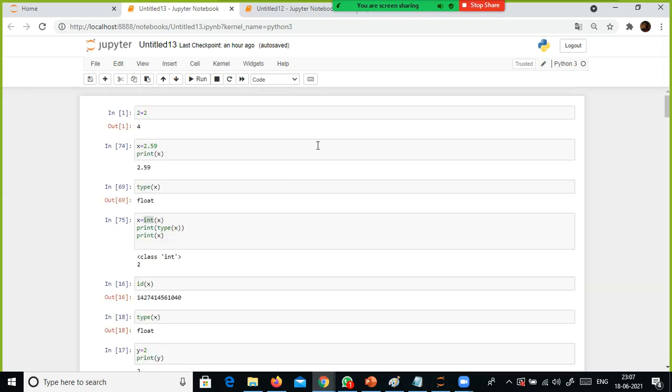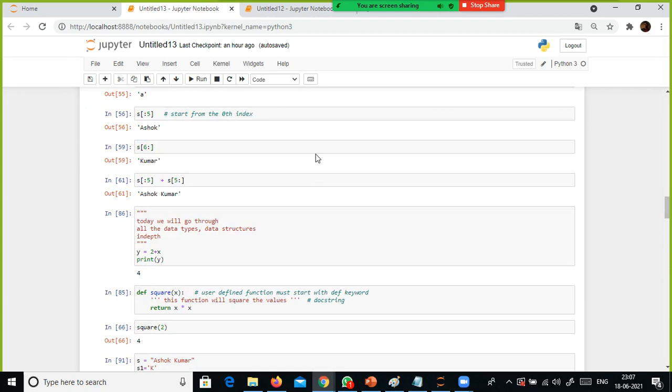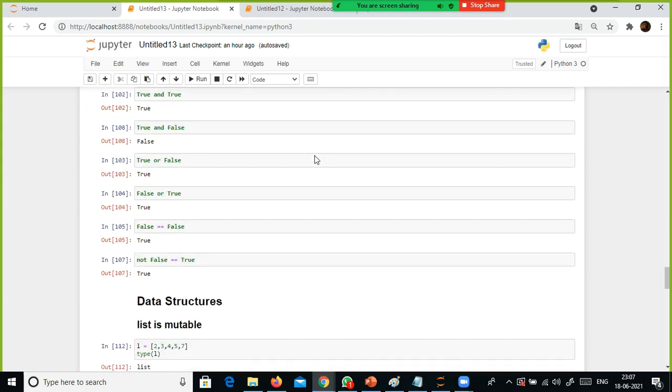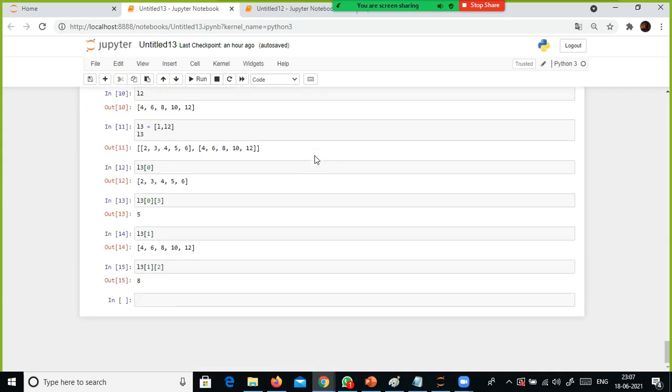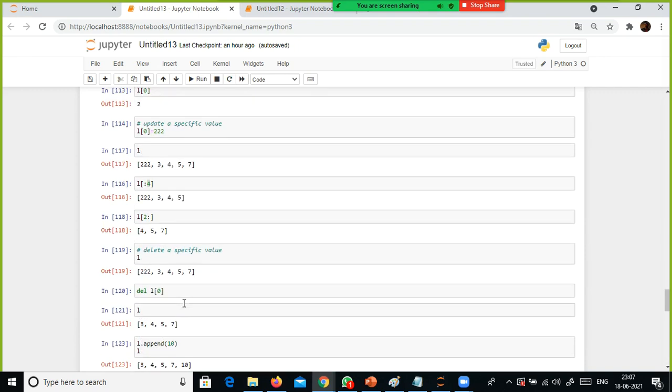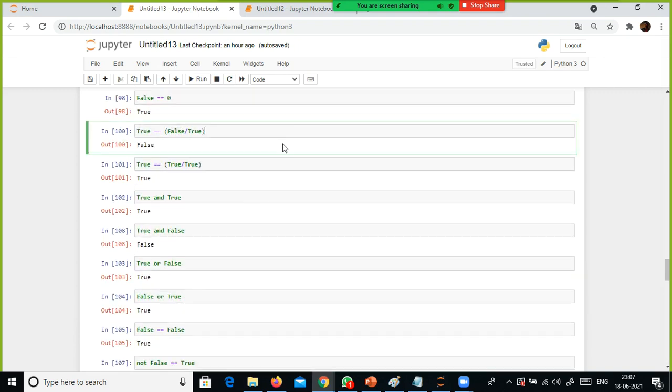And in the next session we will see tuple, dictionary, and set, and also we will take a look at the NumPy package. Using NumPy package, how to create array, matrix, and matrix multiplication, what is dot product, and what is the rule for doing the matrix multiplication. We will see that one in the upcoming session.